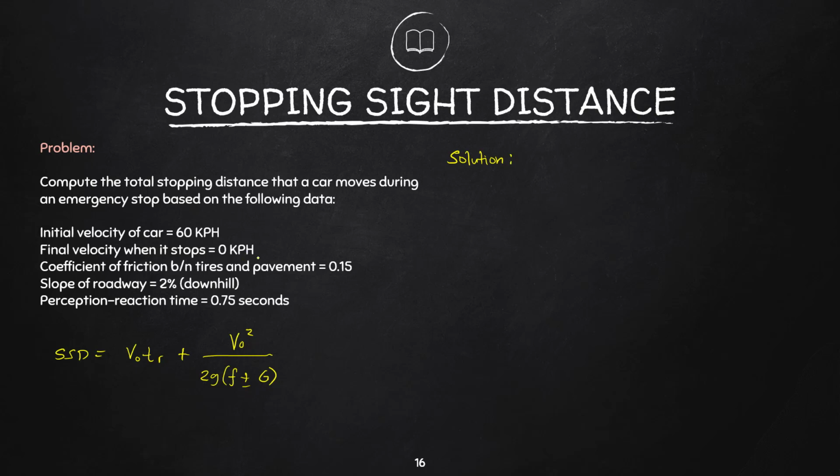But then, if you will notice, you have your initial velocity in terms of kph, or kilometers per hour. For us to have our SSD in meters, let's convert this into meters per second. So the initial velocity, 60 kilometers per hour,